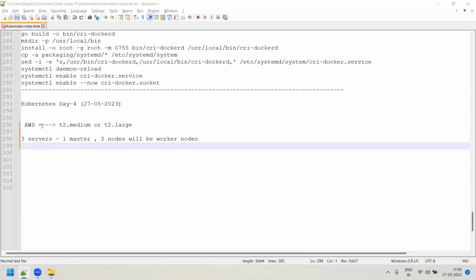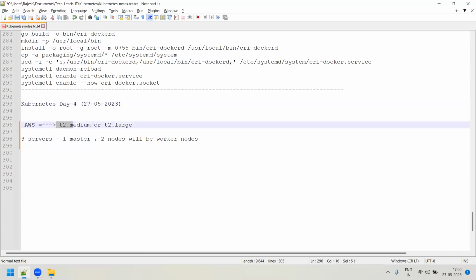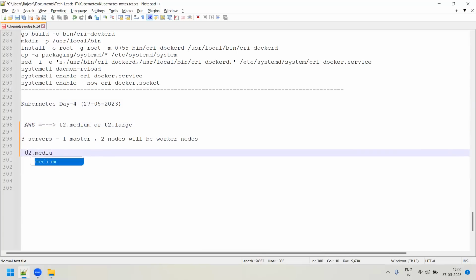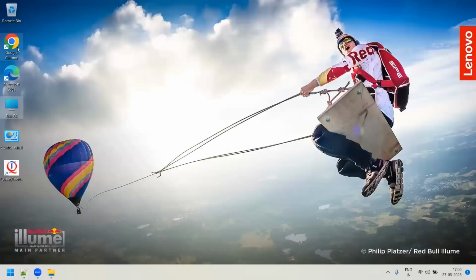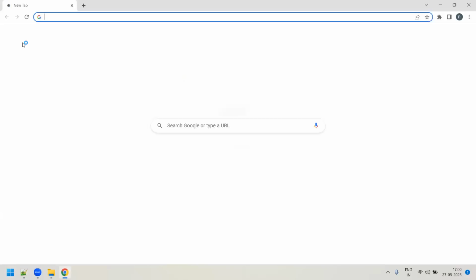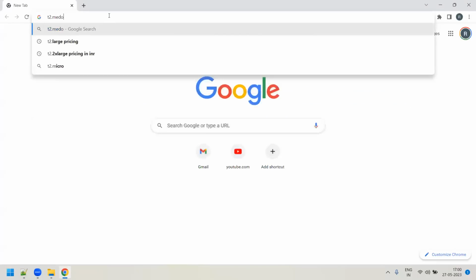So one node is a master and the other 2 are worker nodes. That would be your configuration. If you're choosing T2.medium, you can play around and practice Kubernetes entirely in T2.medium. If I'm not wrong, each machine will be charged around 4 rupees per hour. So if you go to Google and search for T2.medium pricing,